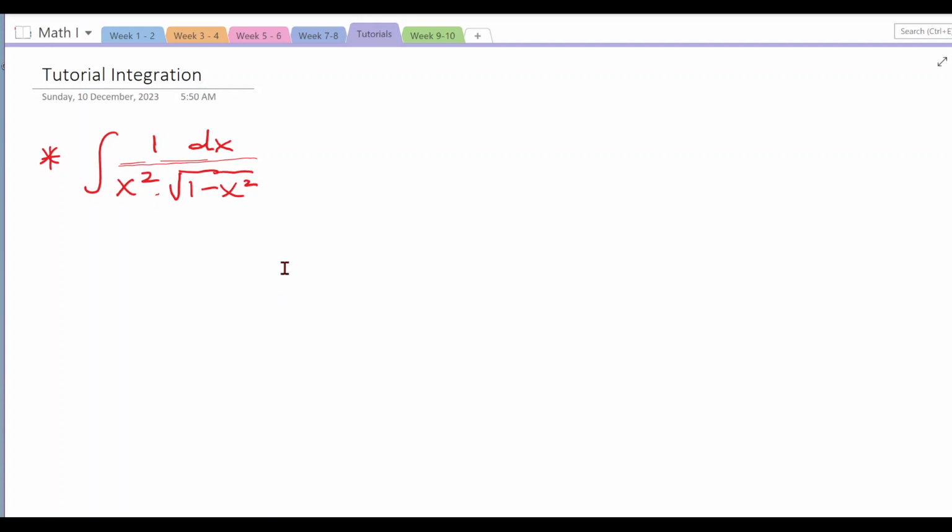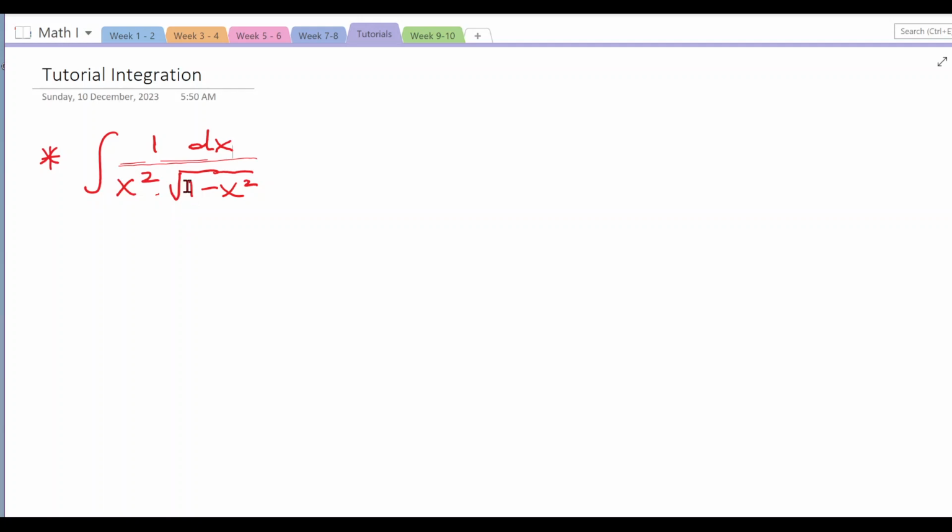Okay, in this video we're going to do some practice on integrations. So the first question is find the integral of 1 over x squared times square root of 1 minus x squared. So in this particular example we try to simplify the situation using a substitution which allows us to solve the entire problem. So in this case we can see we have a square root of 1 minus x squared, and